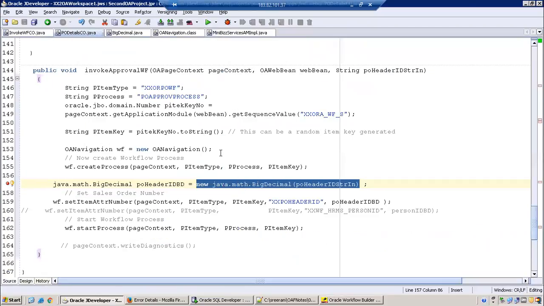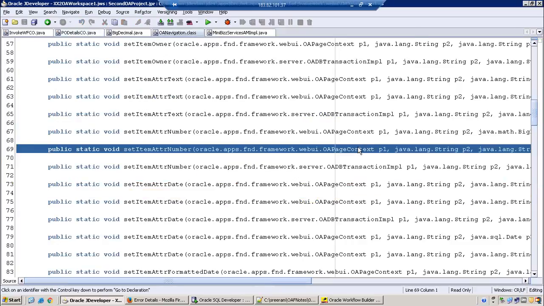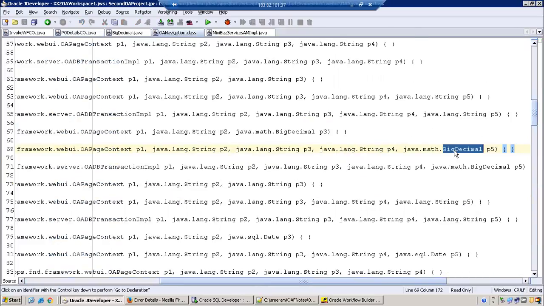Header ID, DB set item attribute number XXP header ID, big decimal. I'll check this number also, and here also it says big decimal.